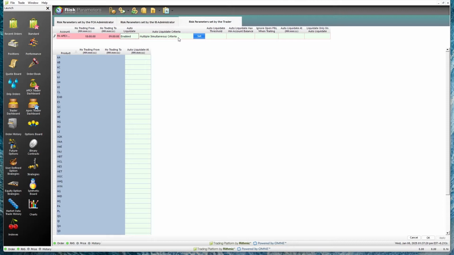Then under auto liquidate criteria, we want to click it and make sure it says multiple simultaneous criteria. Then, if it's your first time doing this, you're going to want to click apply, and that blue set button will appear. It won't appear until you click apply. So now we're going to click set,